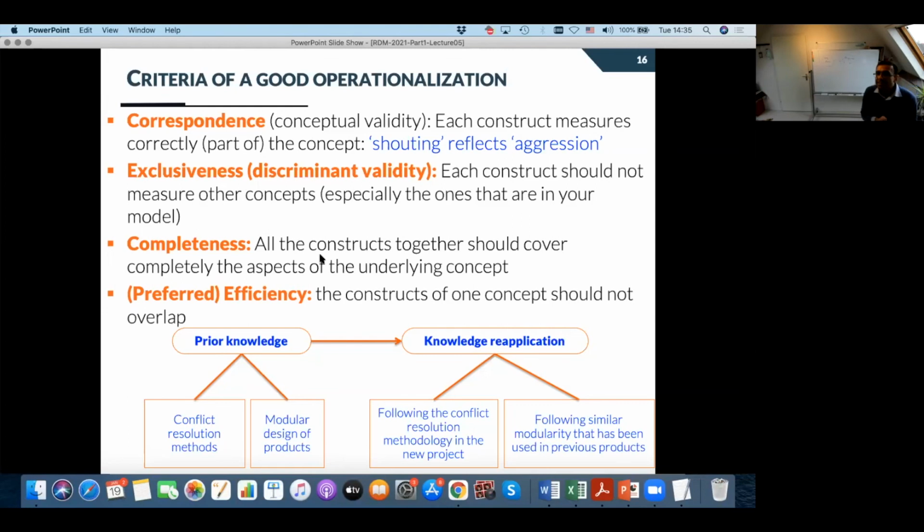And efficiency is something which is mostly for quantitative research, which means you find the fewest number of variables that don't have overlap. For qualitative research, we don't go for efficiency. Even we go for lack of efficiency. If I want to know about knowledge sharing in qualitative research, I ask multiple questions, even if some of them overlap with the others, because that gives me more sense of comprehensiveness and triangulation.